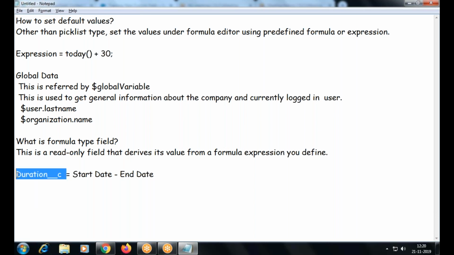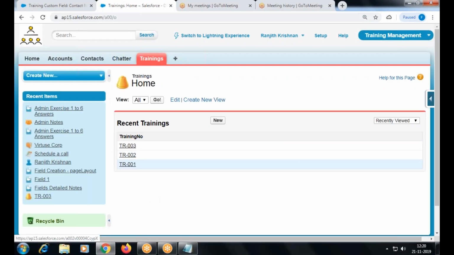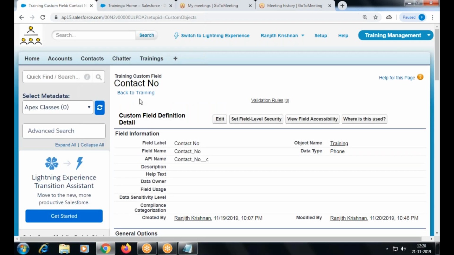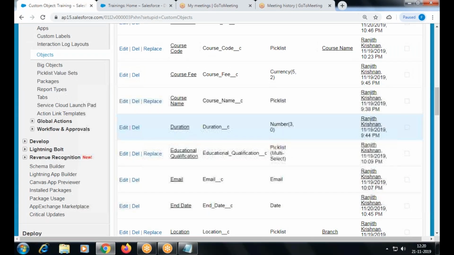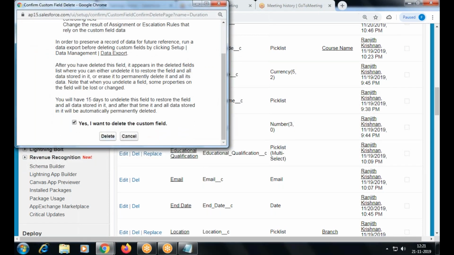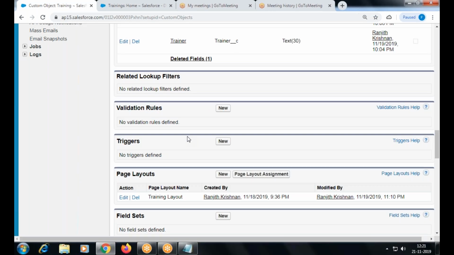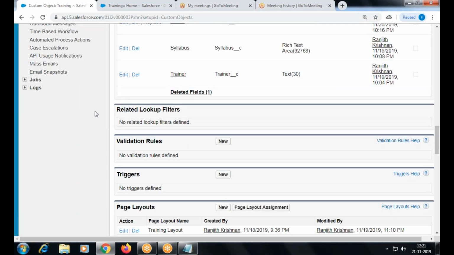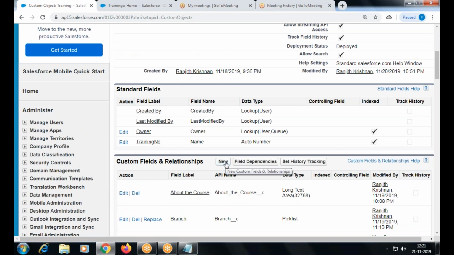Okay, so you have to choose duration as a formula type now. So right now, I think we created some duration field. Am I right? Yeah, it's a number type. I delete this field. I don't need this field. We are going to create this field as a formula type now. I deleted it. Where will the deleted field be? It is in the same field definition, recycle bin. Only data will go to the recycle bin, not the fields, object and all. Okay, fine. Right, now we are going to create one custom formula type field.